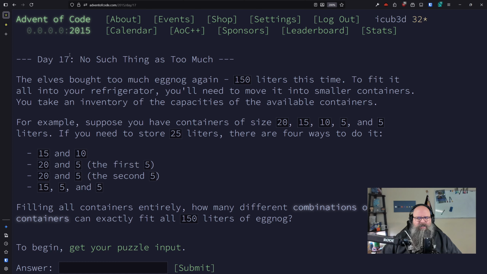So, no such thing as too much. The elves brought too much eggnog again, 150 liters this time. To fit it all into your refrigerator, you need to move it into smaller containers. You take an inventory of the capacity of the available containers. For example, suppose you have containers of size 20, 15, 10, 5, and 5